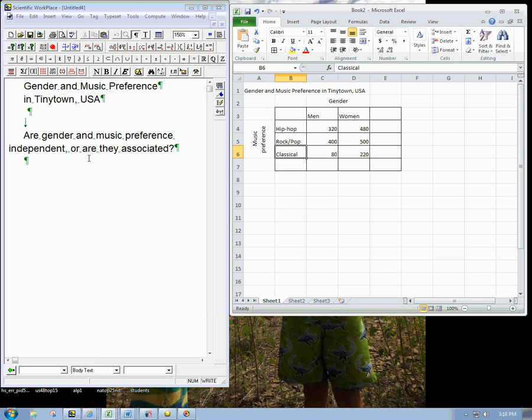And so we'd like to know if the gender affects music preference, or really a better way to say it without assuming causation is just, are these variables associated in a significant way, or are they pretty close to being independent? So to do this by hand, I'm going to use Excel to do part of this, but to do this by hand, remember we first need the marginals. So we need to put in totals.